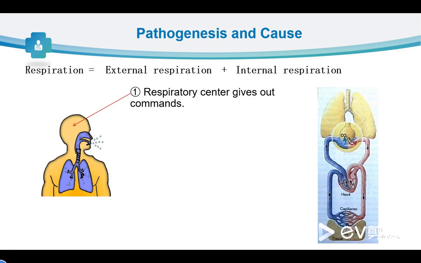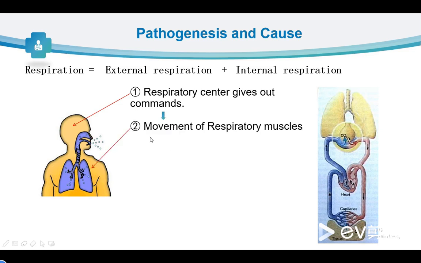And where is the respiratory center? This question is left for you, and I hope you can give me the answer in the question and answer session. Okay? And next, the nervous impulse is transmitted to the muscles,